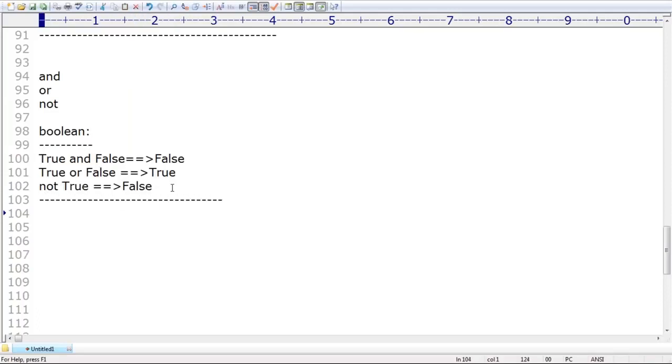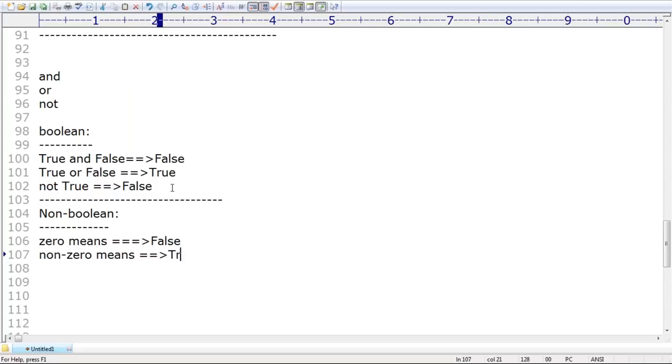If you apply non-Boolean types, the arguments are not true or false. If the arguments are not true or false, but internally we require to evaluate whether it is true or false, usually zero is always treated as false. Remember this: zero means what? Always treated as false. Non-zero, wherever you are taking it for Boolean, is always treated as true. Remember this one.